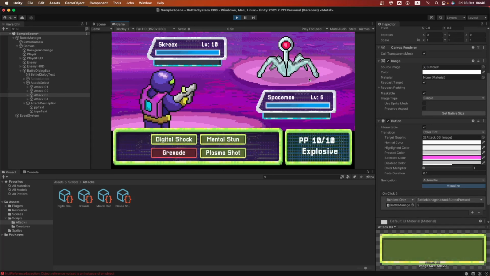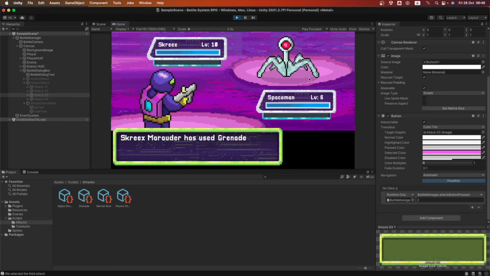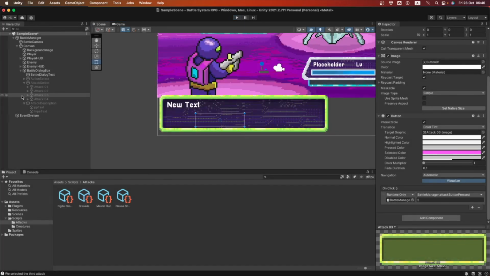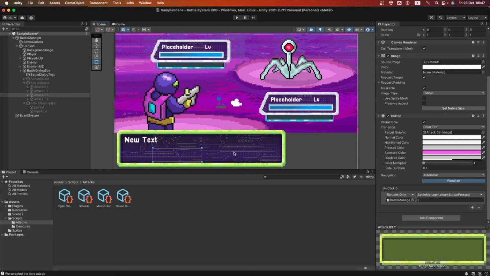Let's select another time grenade, and there it is. Now it's corrected. So you've got to be very picky about this type of stuff. When you are selecting these things, make sure you are putting the right values. Okay, so let's go and fix up the button that isn't selecting when we go back into this game loop.